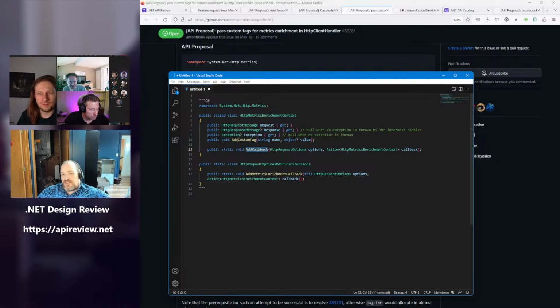Yeah, I mean, making it a static on the context type solves a little bit the problem of, do we just lop off extensions and are we happy with this name here, or do we ship a type with extensions even though we say we don't like that? And so I lean toward having one type for this instead of two, and then we just need to name this guy.